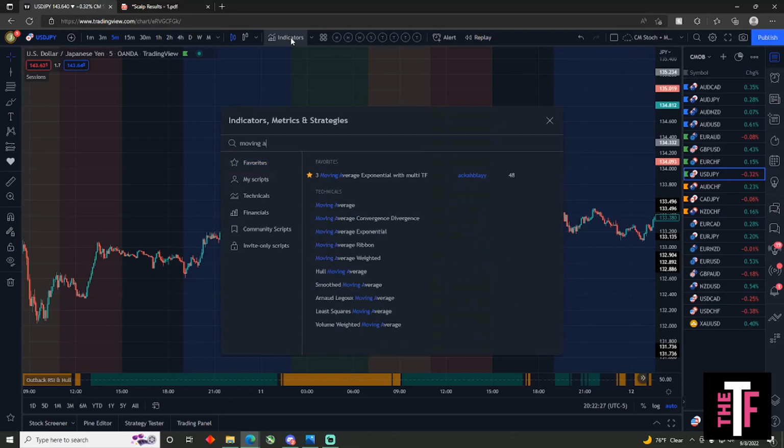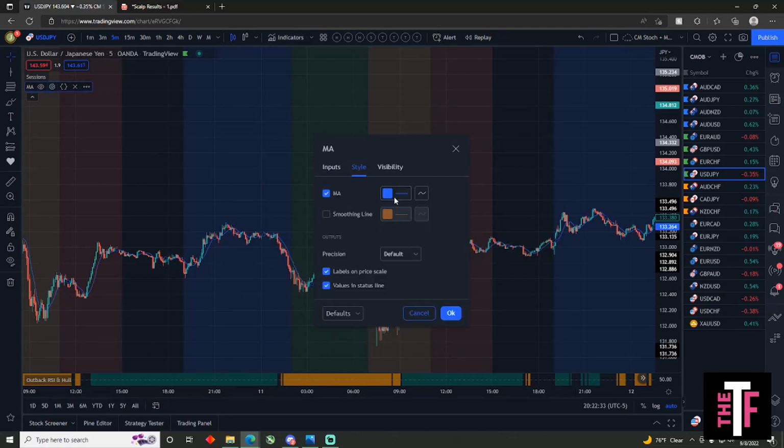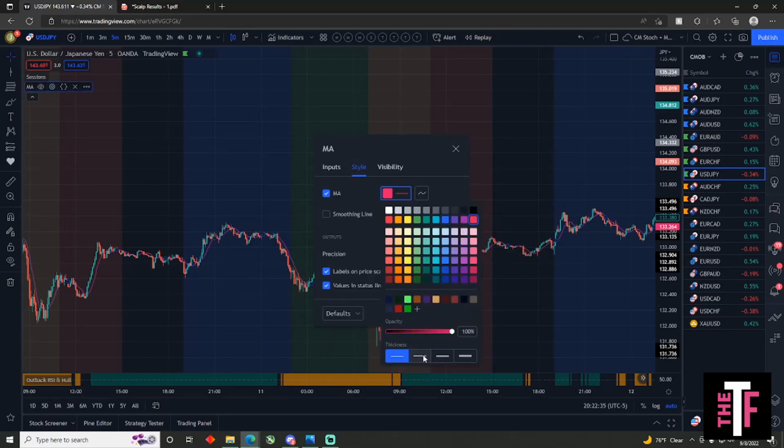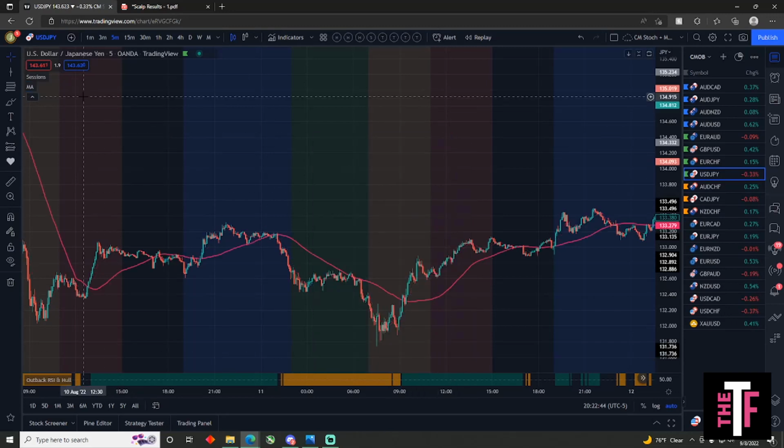And now you search moving average, click the first one, then we'll go into the settings. And what I like to do, I'm just going to set this pink, and I'm going to put the thickness to the second thickness just to make it a little easier to see. And then in inputs, we'll change our length from 9 to 55. And so with this 5-minute strategy,